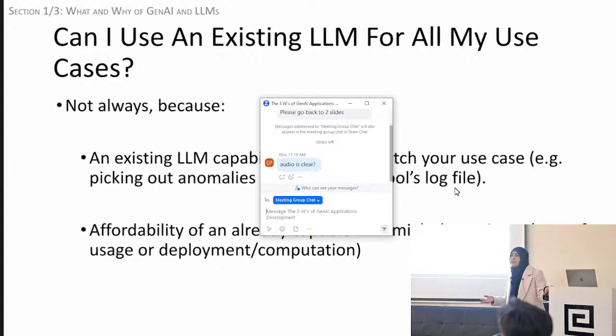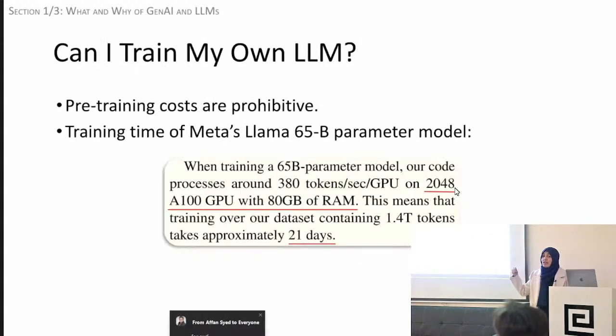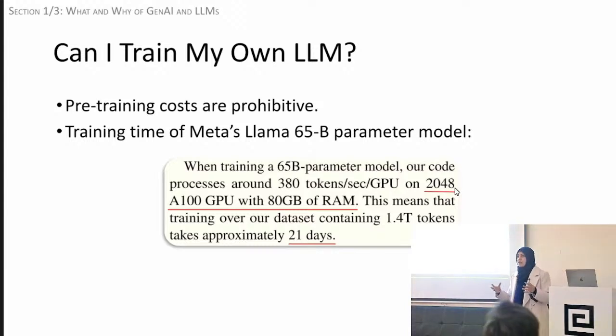Now, generally in machine learning, when a model is not suitable, we train our own model, right? So just to get that out of the way, do you think we can train our own LLM? Most of us cannot, because training costs are prohibitive. Training costs are very, very high. Llama is a model from Meta that has a few different variants. Take the 65 billion parameter variant of Llama. Now, 65 billion for a large language model is like medium-sized, right? It's not the largest possible language model.